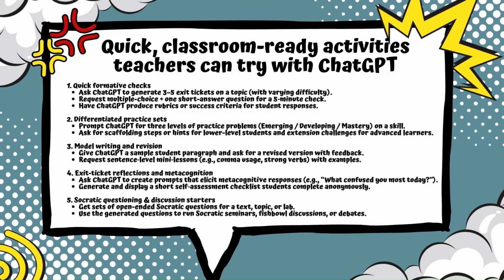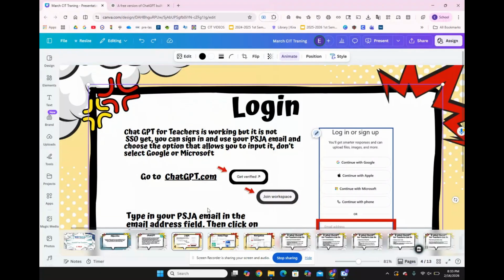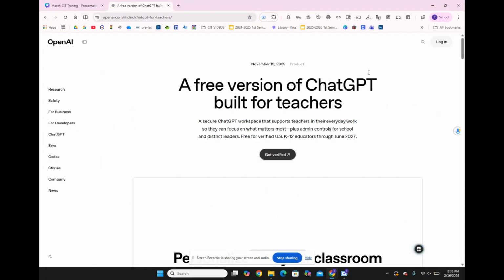Now we're going to go live and you're going to be able to see how you're able to get ChatGPT Teachers. First thing to do is click on the link so you can get verified. Once you click on the link, this is going to appear on your screen. This is the way it's going to look. You're going to click on Get Verified,